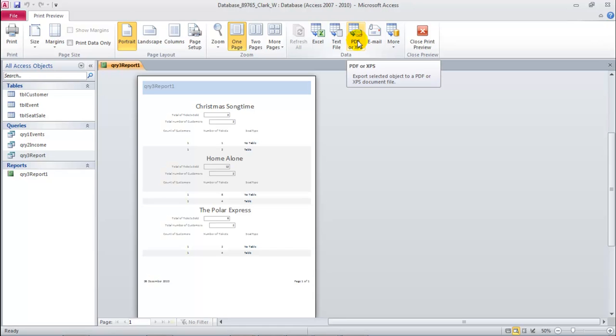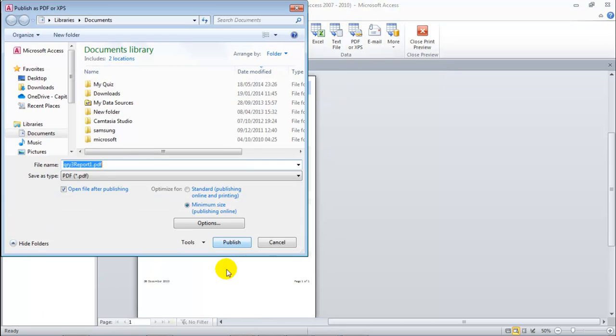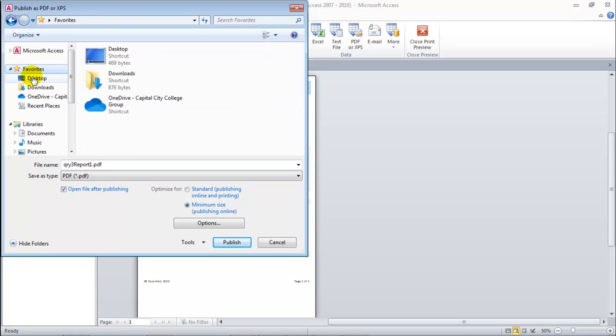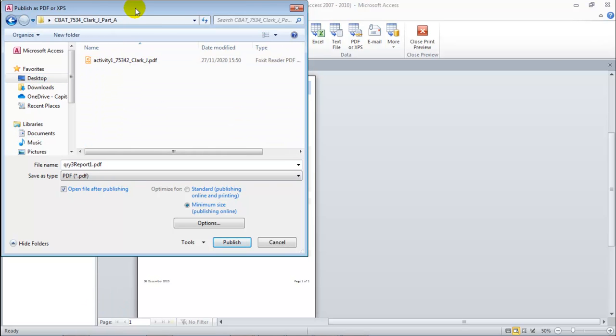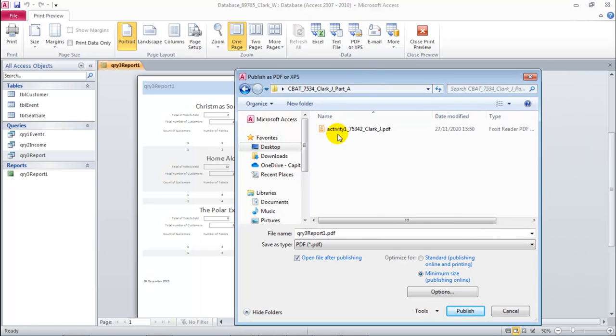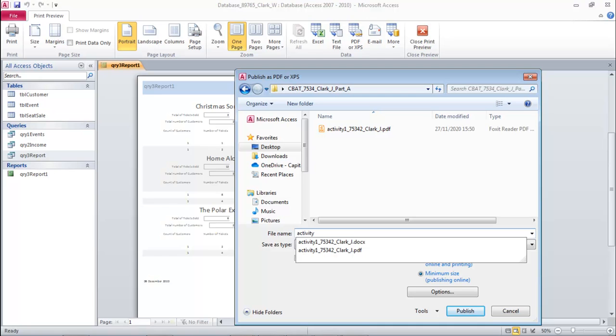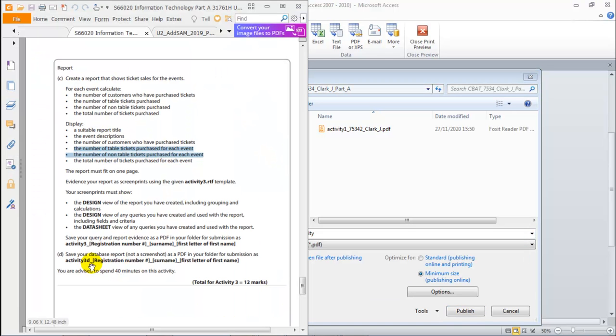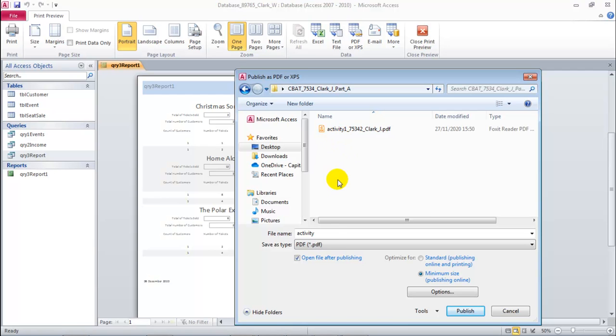So basically what you should do here is press on this once you've created it, when you finalized it. So you go to the desktop where you have the folder for part A of the exam, and this will be called activity. Let's have a look at the requirements. Activity 3D, registration number, surname and first letter. So activity 3D